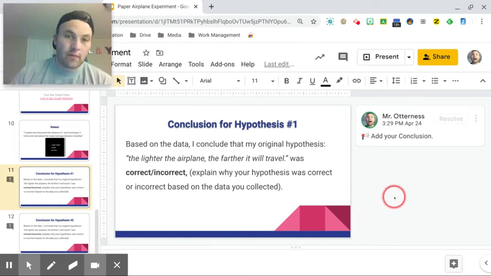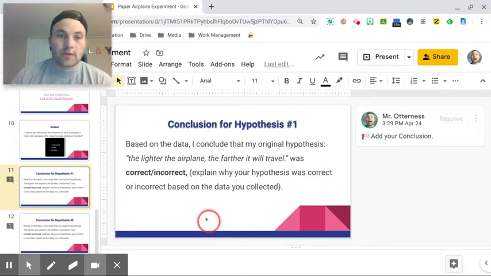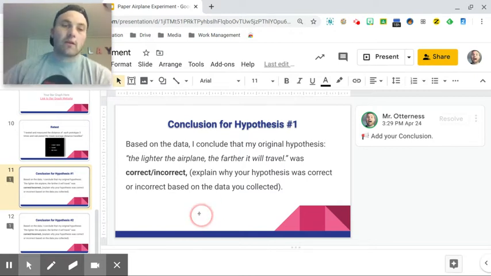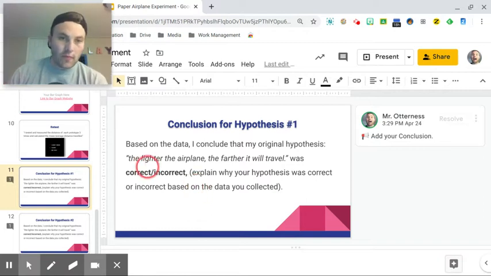All right, we are at the stage where we can make our conclusion based on the data that we gathered. So after we've gathered our data and made a bar graph, we have information that we can make a decent conclusion based off of. Okay, so it says here, based on the data, I concluded that my original hypothesis, and